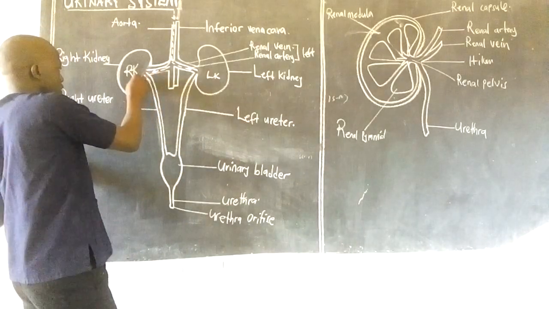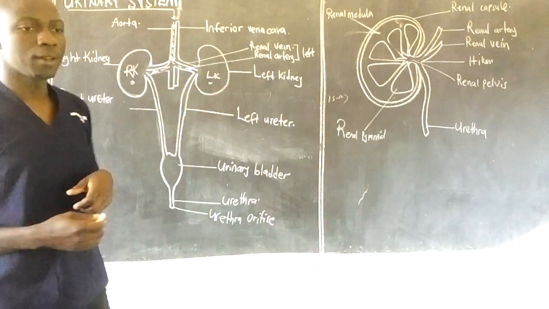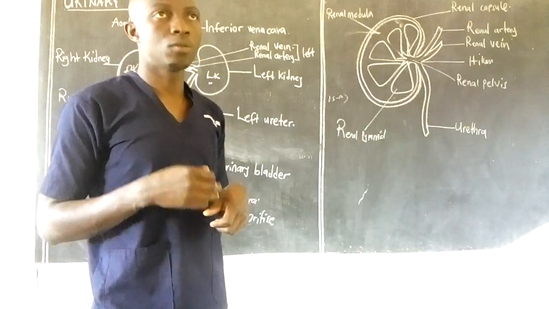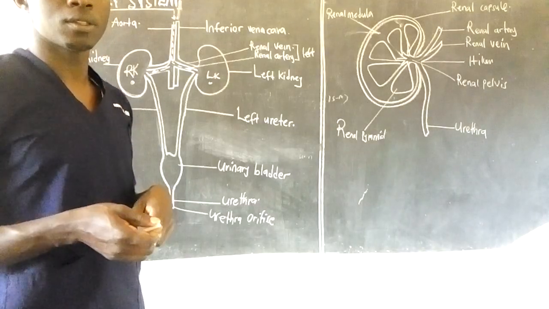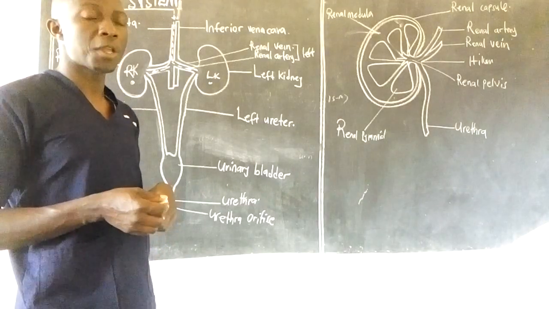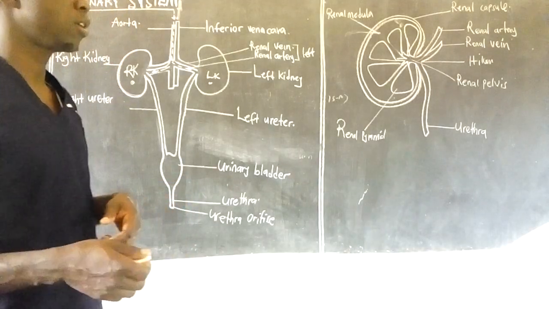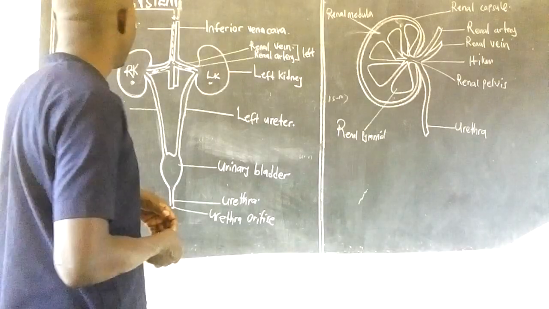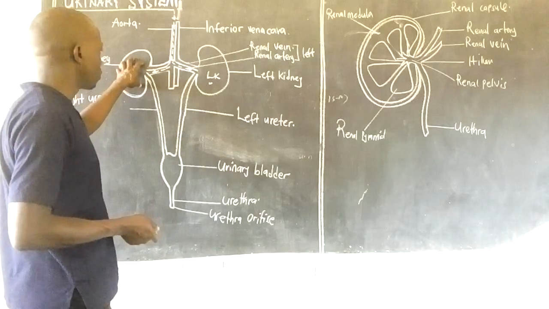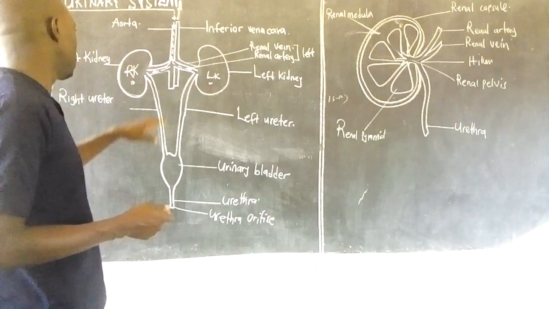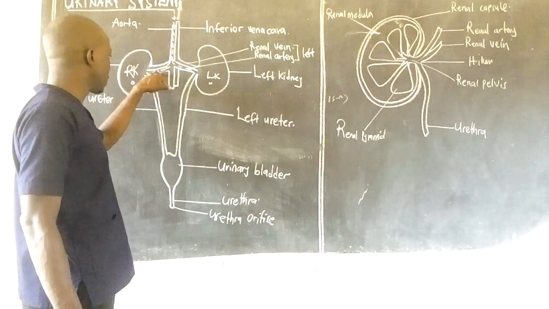Once this blood enters our kidneys here, one of the functions of the kidneys is to filter blood, to maintain blood pressure, to maintain electrolyte balance, and also to perform urine formation. So, as a function of filtering blood and maintaining blood pressure, when the kidneys receive this blood from the aorta through the renal arteries,